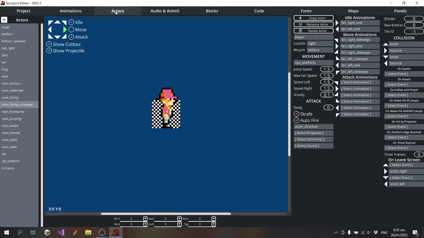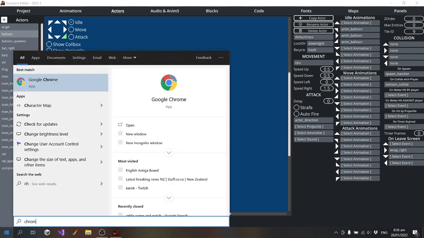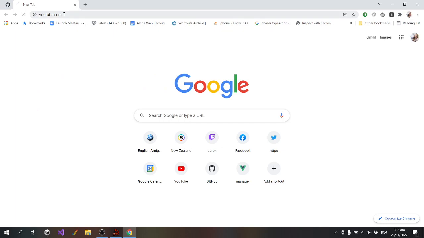Okay, now there's a problem with the balloon. The balloon is meant to be... So the balloon is moving diagonally. Actually, I can't remember what it's supposed to do, if it's supposed to bob up and down, or if it's supposed to just go sideways.